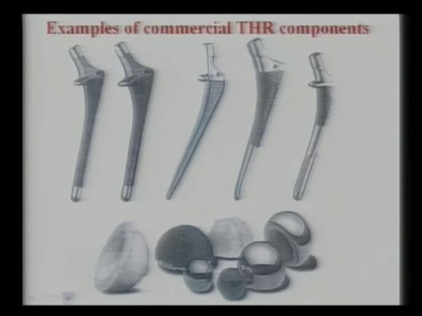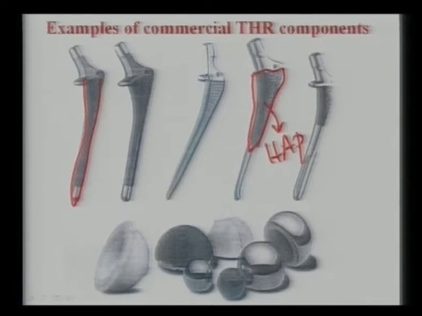These are the examples of the commercial total hip replacement components. What you can see is that this stem part can be coated or it can be uncoated also. This is an example of the hydroxyapatite coated titanium femoral stem, or this can be coated on a stainless steel substrate also. Now why is hydroxyapatite coating required on this titanium stem? Because hydroxyapatite, as I have mentioned in the first lecture, is essentially a highly biocompatible and bioactive material. So when you put this hydroxyapatite coating here, it will enhance the osseointegration, that is, the good in vitro and in vivo biocompatibility of this material.